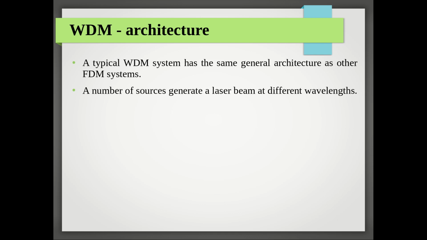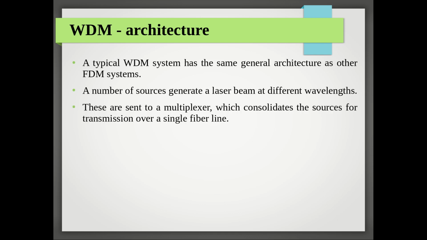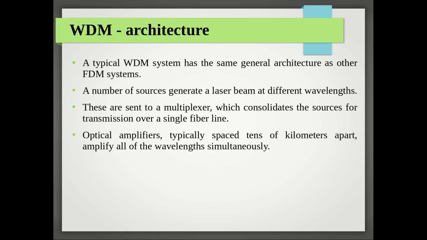So what is the difference from normal FDM? Here we are dealing with optical signals, which basically means laser beams. The different sources generate different laser beams, of course with different wavelengths and accordingly different color coding. These are sent to the multiplexer, which consolidates all the sources for transmission over a single fiber line. The multiplexer does that many-to-one translation,